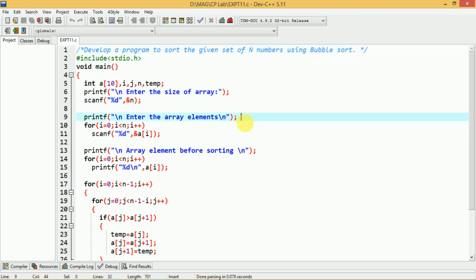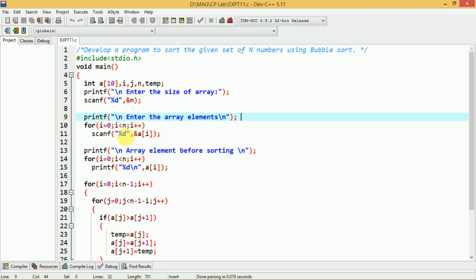After this we have to read the elements from the user. To read these array elements, we display the message on the screen, enter the array elements, and we know that there are n number of elements.